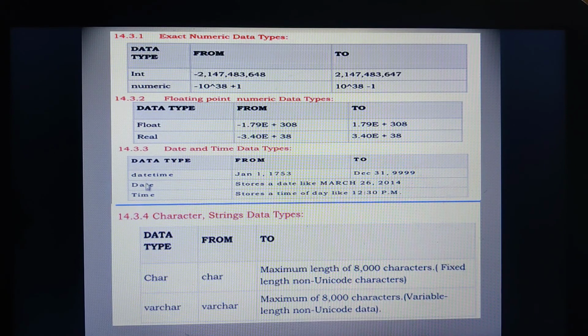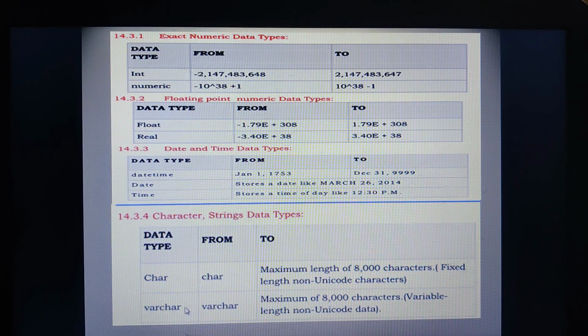If I want only the date to be printed, it stores first the month name, then the day, and then the year. This is the format we get if I am using date as data type. And if I am using time as data type, it will be shown like 12:30 p.m. This is hours, this is minutes, and this is AM or PM.